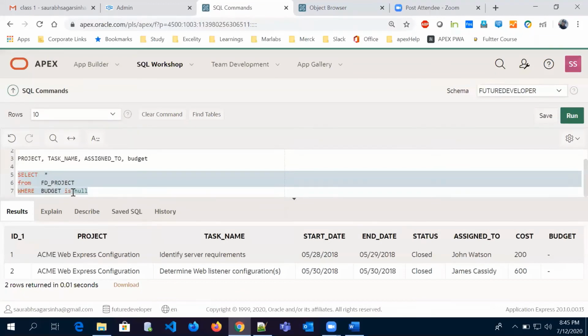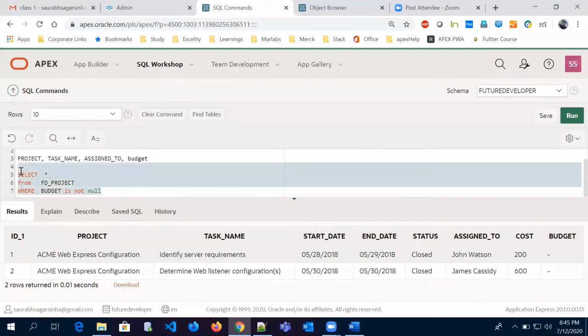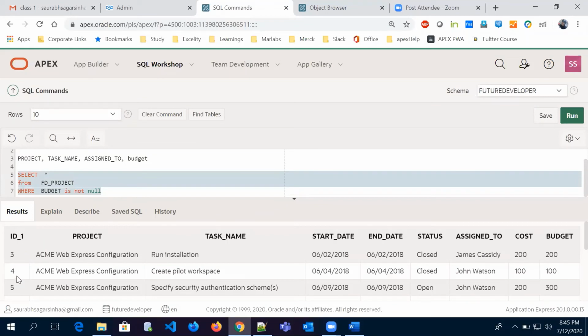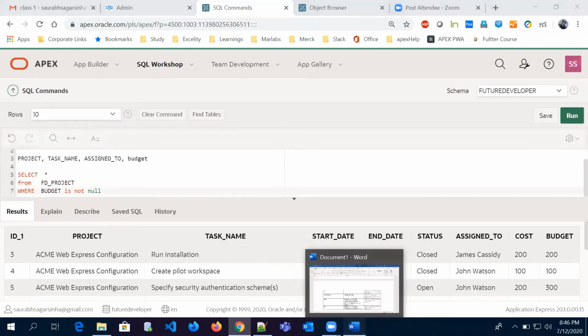And when I say budget is not null, in that case, I will not get these two rows, but I'll get all other rows, all other data like that. As you can see, we don't have ID number 1 and 2 because they have a null value, and we have written in the where clause that we don't want that null value. So this is the purpose of null and not null, the use of this operator.